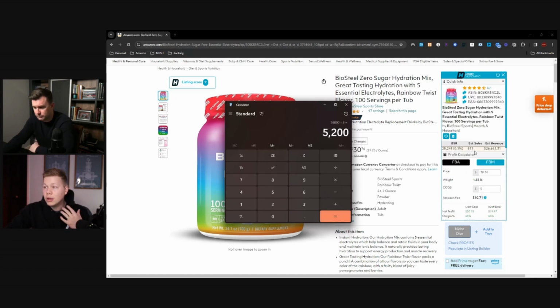BioSteel item. And if we look at the estimated units sold, if you're sitting there saying, well, that's great for revenue, but how many units does that equate to? Well, if we take our 871, divide that by 5, that's about 174 units that we could sell every single